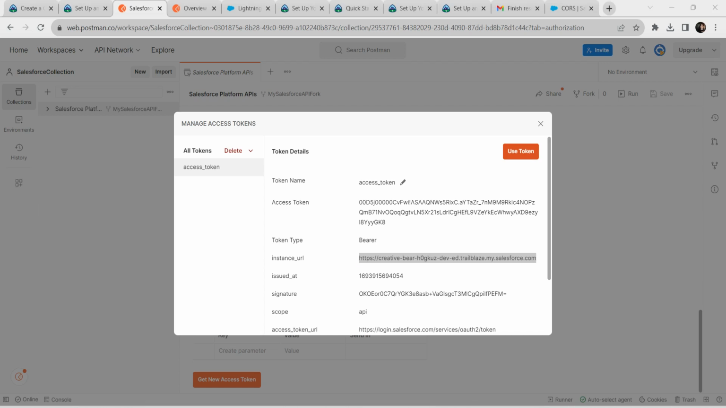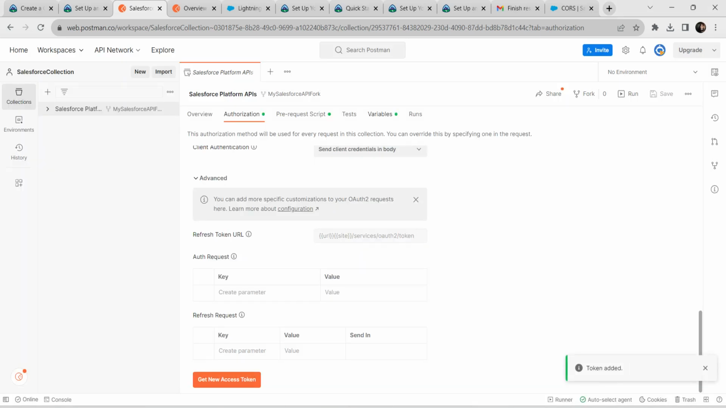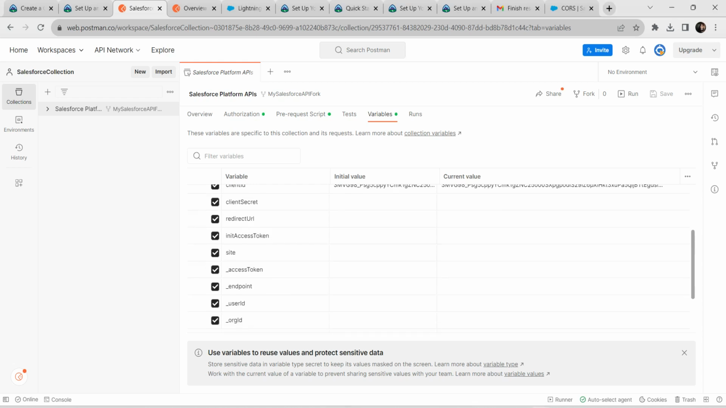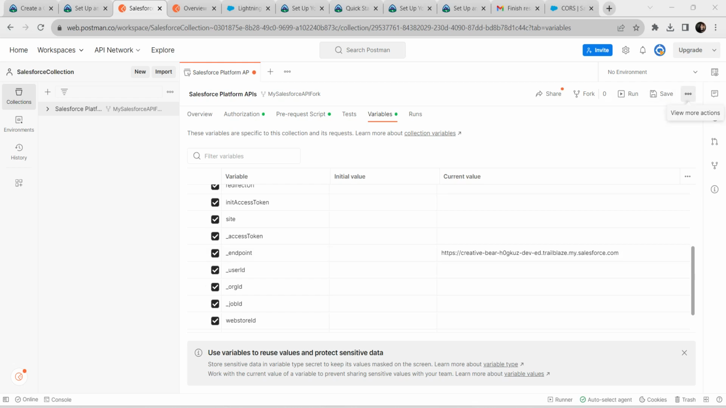Now let's click on use token and hover your mouse to the variables tab over there, and the URL which we have just copied, we are just going to paste it in this endpoint. Scroll down and click on current value and paste the URL over here. Once it is done, click on these 3 dots and let's save this, which is given over here itself. Once you have saved,